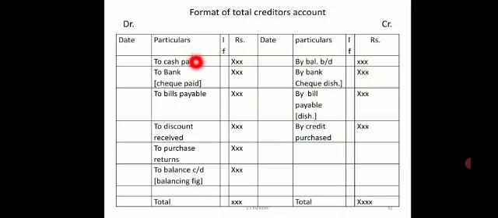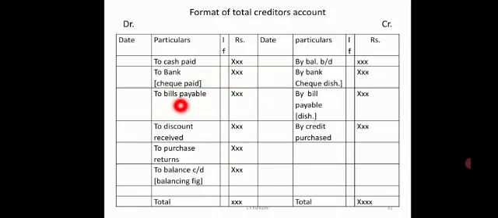Whereas on the debit side we have the items like cash paid. Any amount which is being paid to the creditors during the year is treated as cash paid. Next you are having bank. If we have not paid cash, we can pay them in the form of checks. So any amount of check which is being paid will be reducing my creditors.